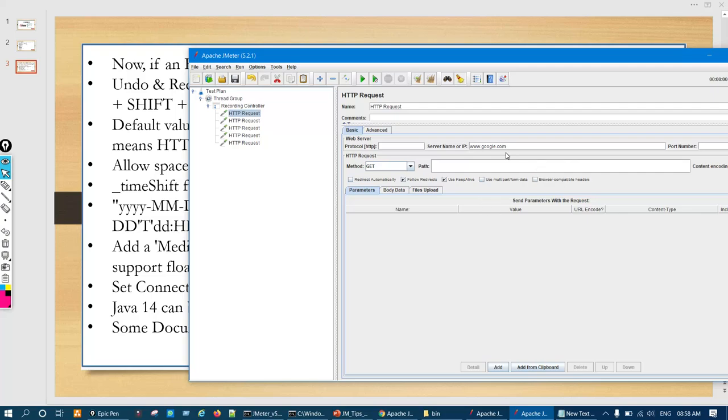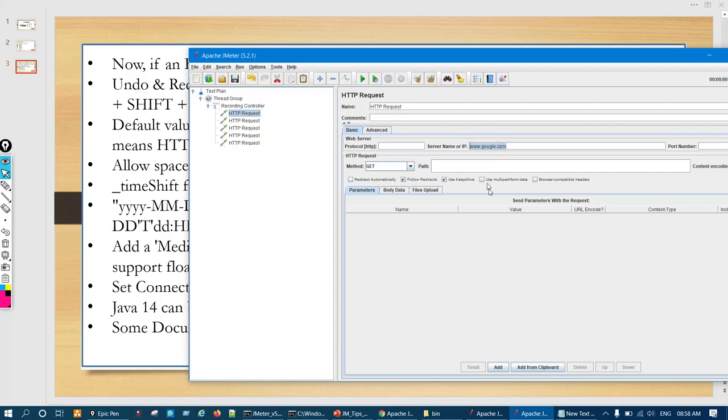Now if I try to do undo redo, it will not work. See, I am pressing Ctrl Z and Ctrl Y, and they are not getting undone. I'm pressing on my keyboard, but it's not working.